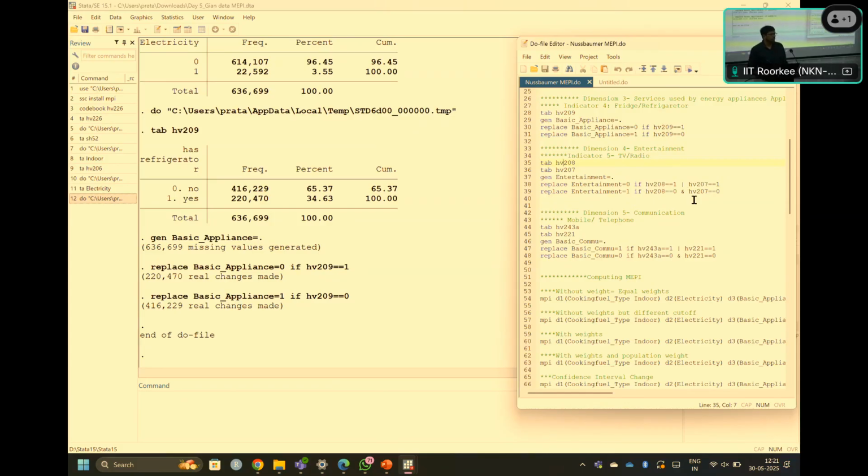That way the household is not having it, hence we are keeping the code as 1. The household is actually deprived if they are not having the appliances. So I'm just going to run it. I hope you have understood why we have recoded.